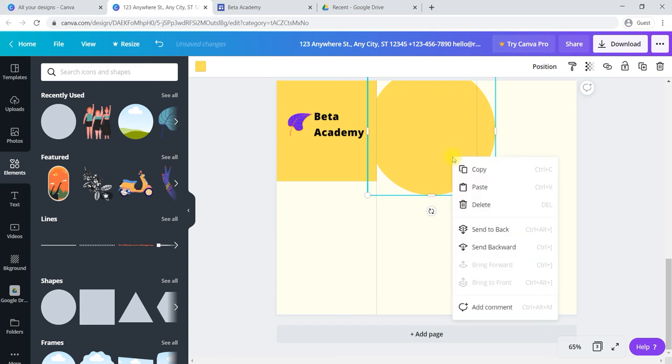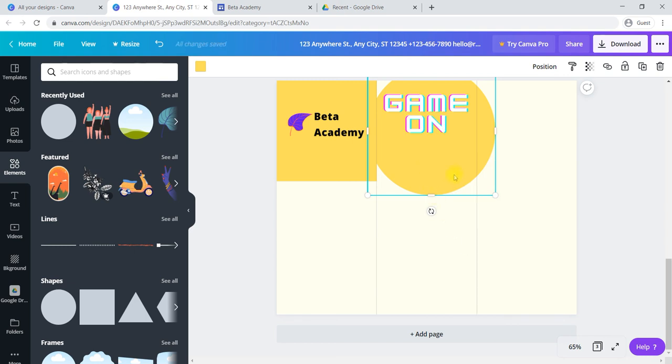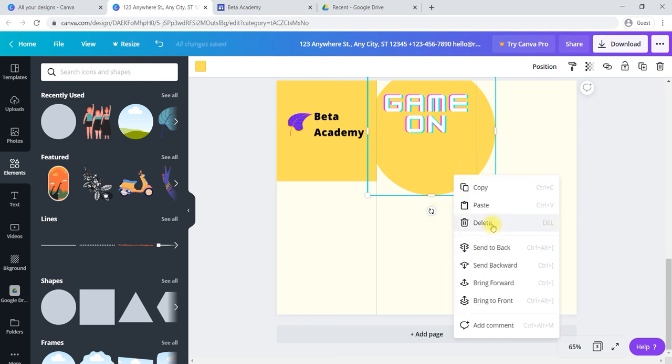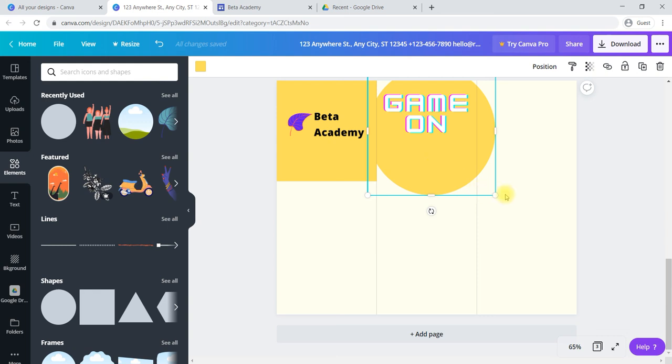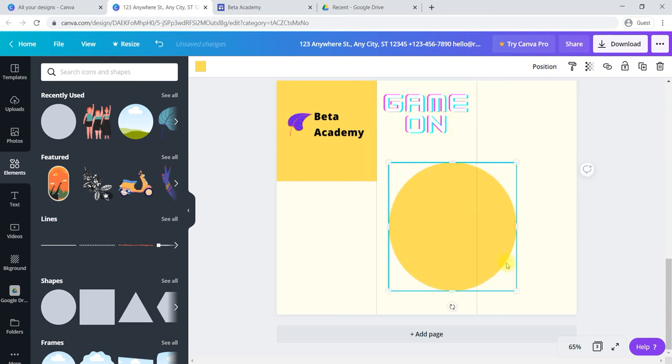If you would like to send it backward, right click and use send backward, delete, copy, or send it back or bring it to the front. You can use any type of shape and change its size, using this corner to resize.